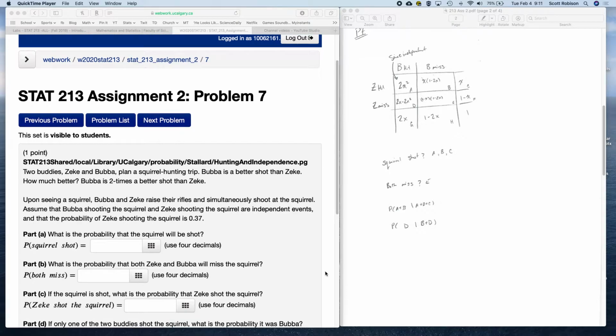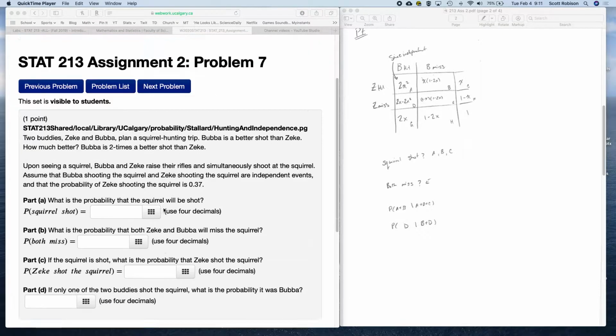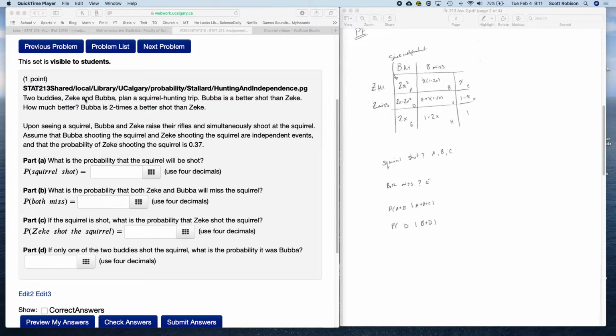Another problem that's common in the second assignment for the Stat 213 course is problem 7. So here you've got two hunters, Zeke and Bubba, who are both shooting at a squirrel. What is told to us is that Bubba is 2 times better of a shot than Zeke, and that Bubba and Zeke shooting are both independent events, and then it also gives us the probability that Zeke will